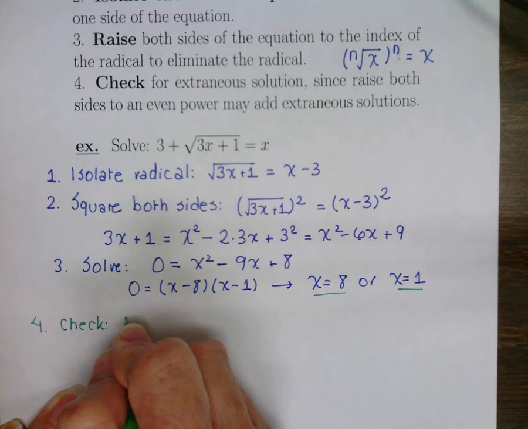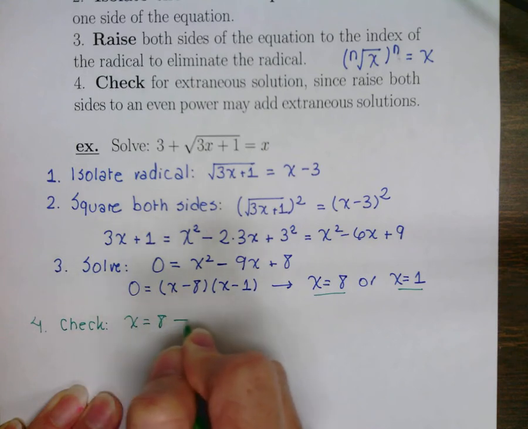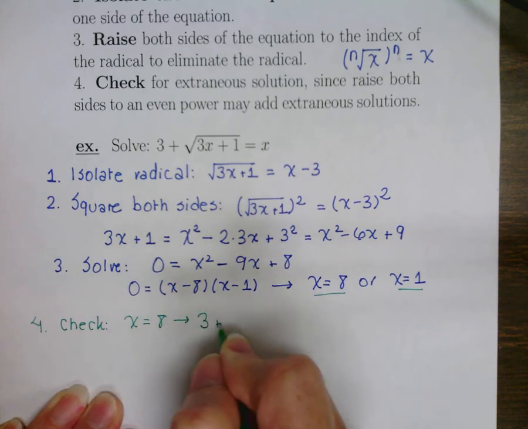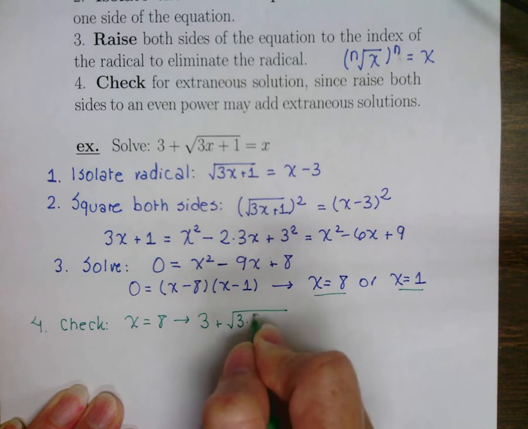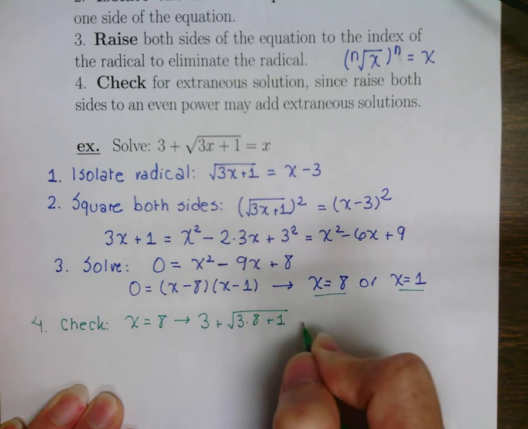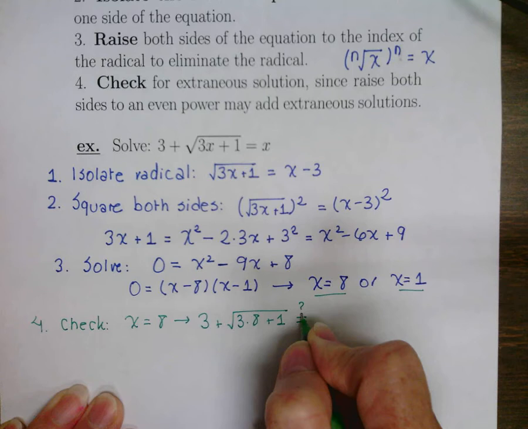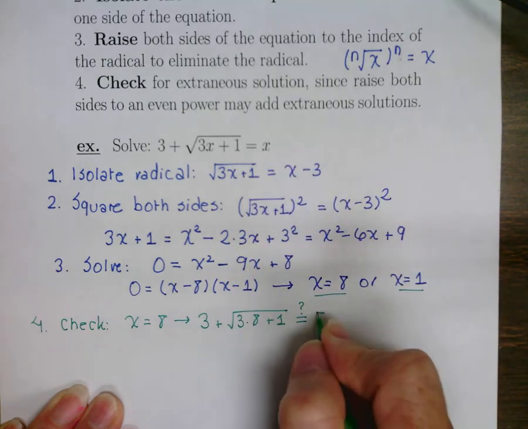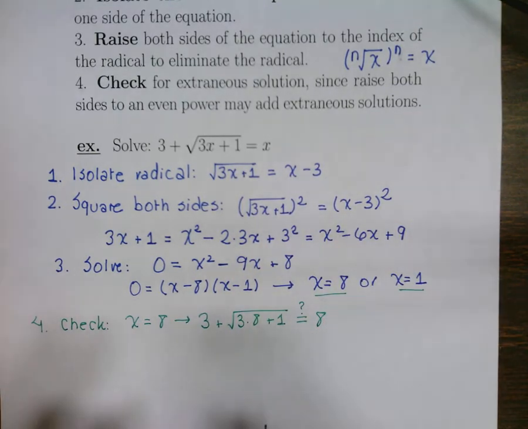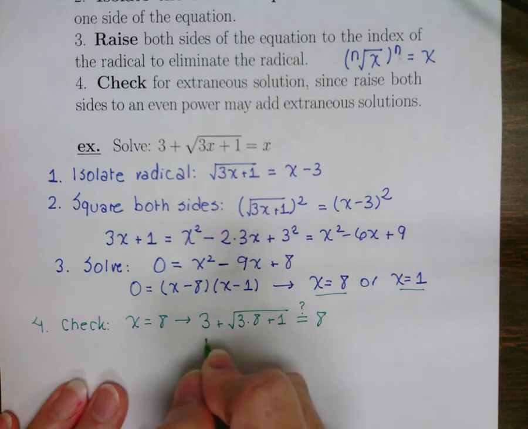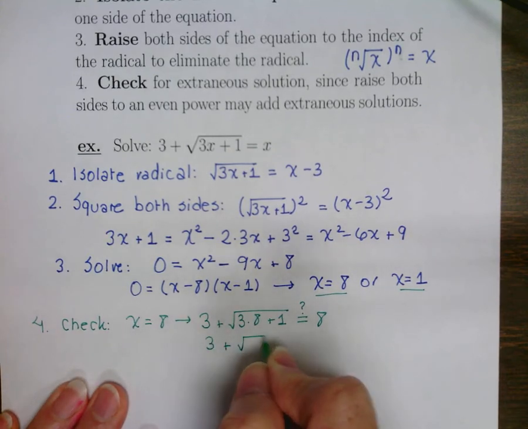Okay, so I'll start with x equals 8, and I get 3 plus the square root of 3 times 8 plus 1. And the question is, does that equal 8? Okay, every x is being replaced by 8. So I get 3 plus the square root of 25,